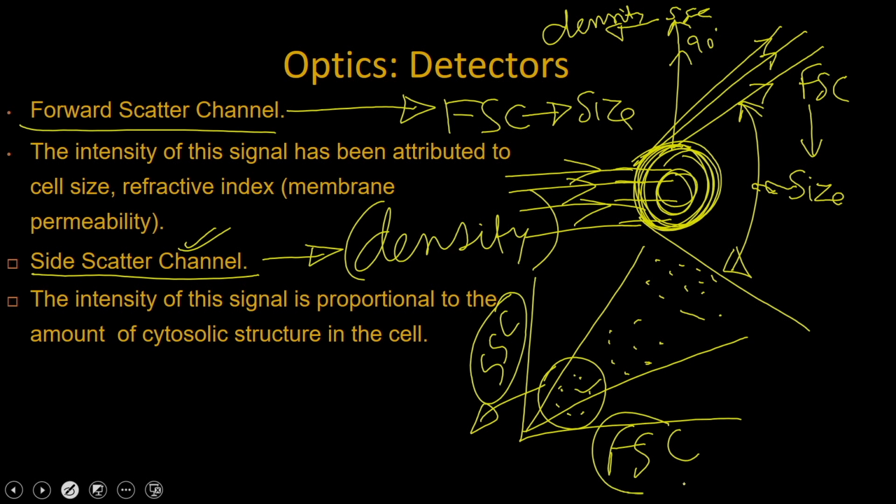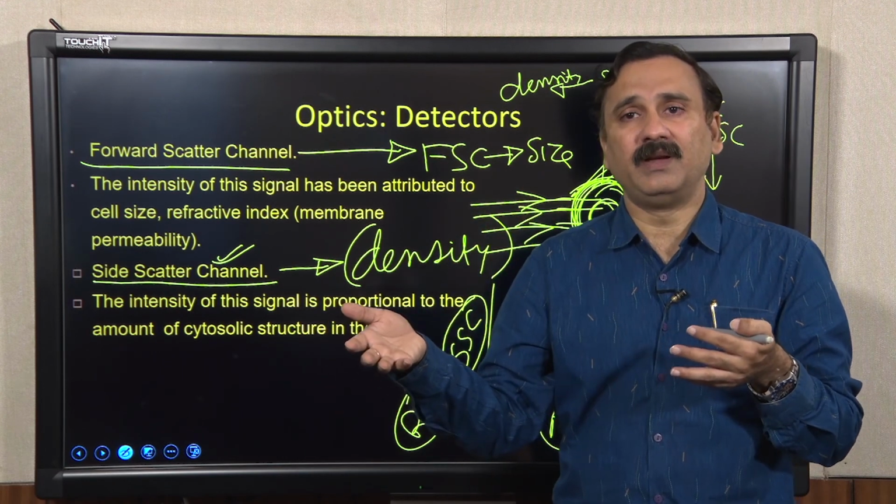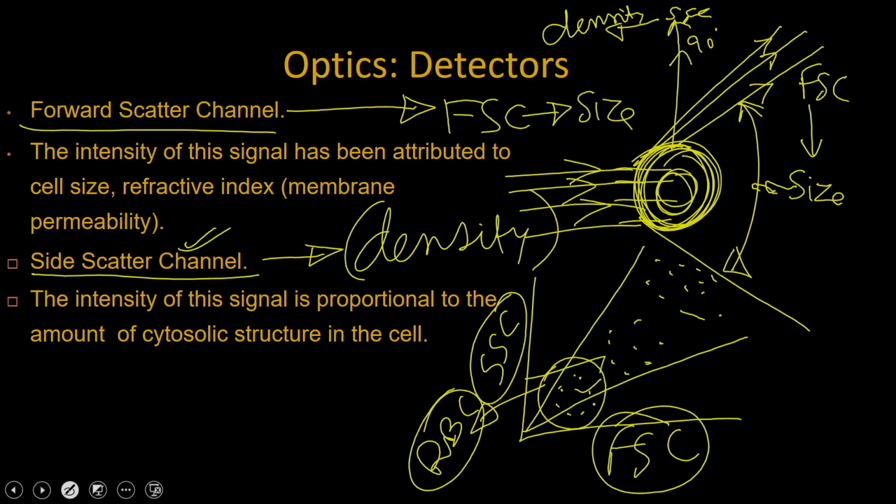The cells with less side scattering and less forward scattering correspond to RBCs, because RBCs are of very small size and do not have a nucleus and organelles. So their density is also very low. That's why on the left corner you are going to see the RBCs, whereas on the upper right corner you are going to see the cells which are of very big size and also have very high density. So what are these cells? These are the monocytes or the lymphocytes present in the red corner of this plot.